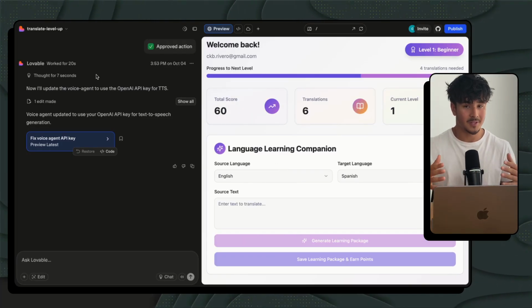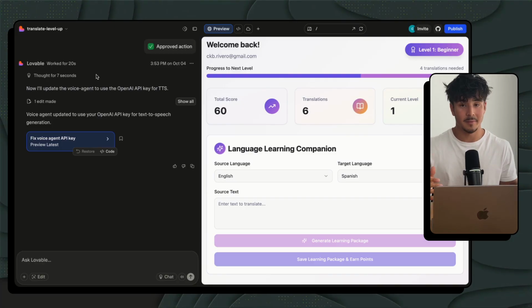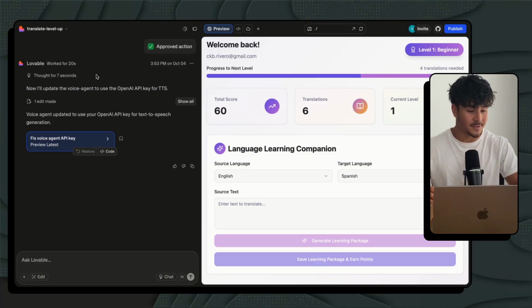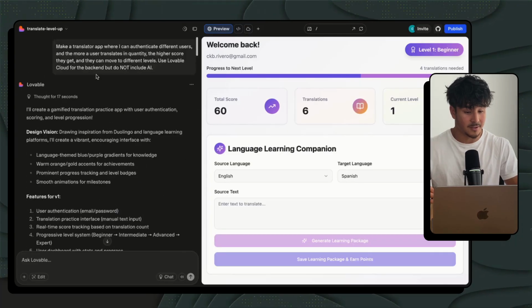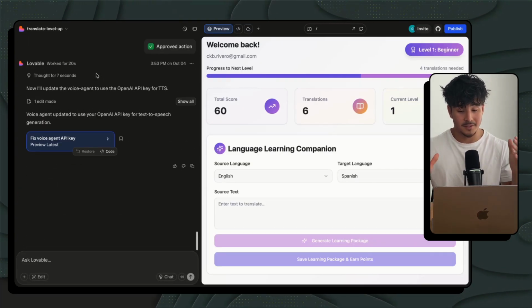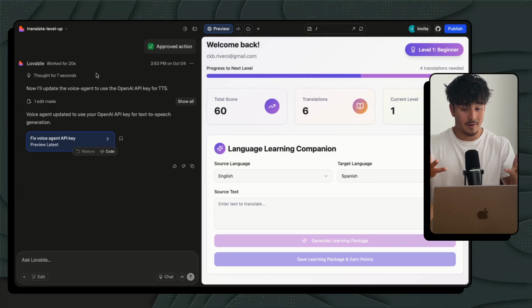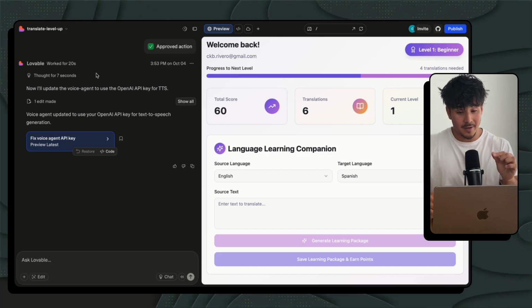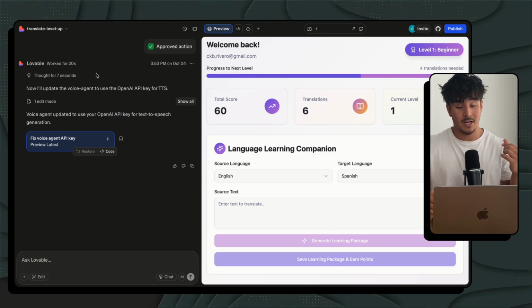A few months ago, something like this that just took me 10-15 minutes to make was so far out of reach and so difficult to actually accomplish that it's actually amazing me looking back. I can just go and make a few prompts over here, and then just like that, everything is in front of my face. And now the best part, and my personal favorite feature out of all of this, is I